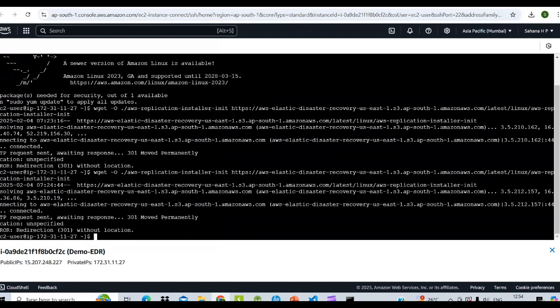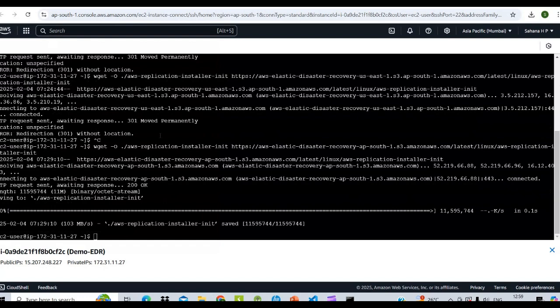It's showing something wrong, wait. Now we can see it's working. The mistake was that we entered both regions, so it showed the error. When we give only AP South 1, it works. It's saving the AWS replication installer and installing, right?